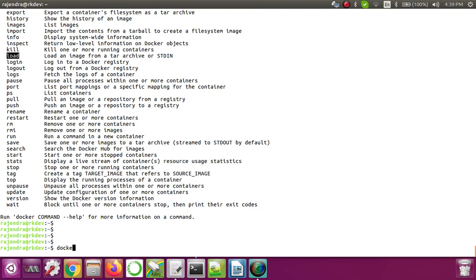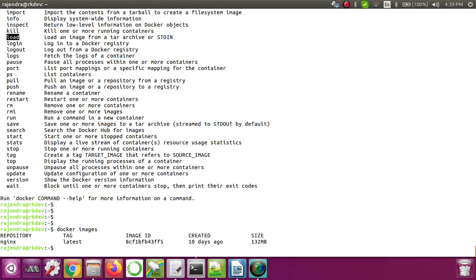Now let's say we have this image, docker images, and you don't want this image to be pushed to the remote repository, but you need this image on some other system. In that case we cannot just directly copy this name nginx and put it directly on another machine.